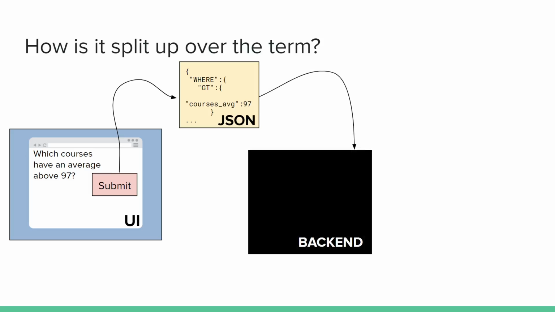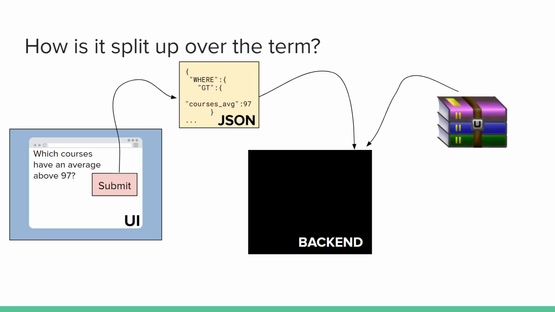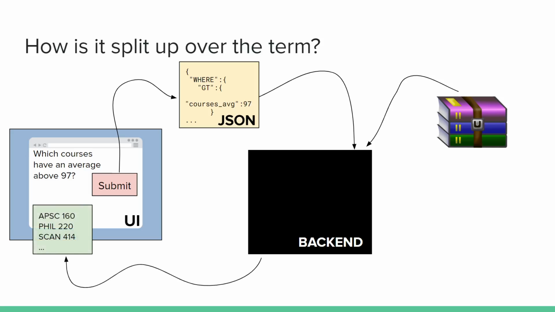This is sent to the backend, which chews on some data. And where does that data come from? The zip file. Once the correct sections have been selected and sorted, it's sent back to the front end for presentation. As you can see, most of the complexity happens in the back end, meaning it's also prone to the most error, so it needs a really good test